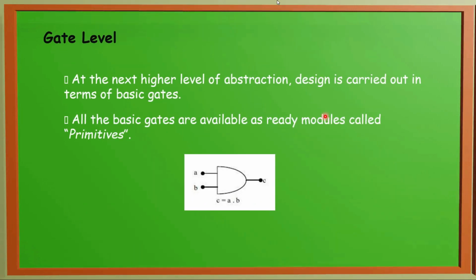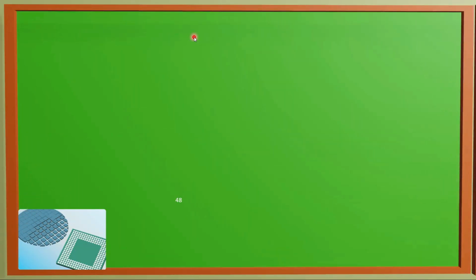Now, the next level of abstraction above the switch is the gate level, where we will use gates as already ready-made modules. Those are called primitives. They are like keywords defined in Verilog programs. Before that, we must be aware of the functionality of gates, as the prerequisite of this subject is knowledge of logic gates and a detailed study of combinational and sequential circuits. So let us discuss gates one by one.